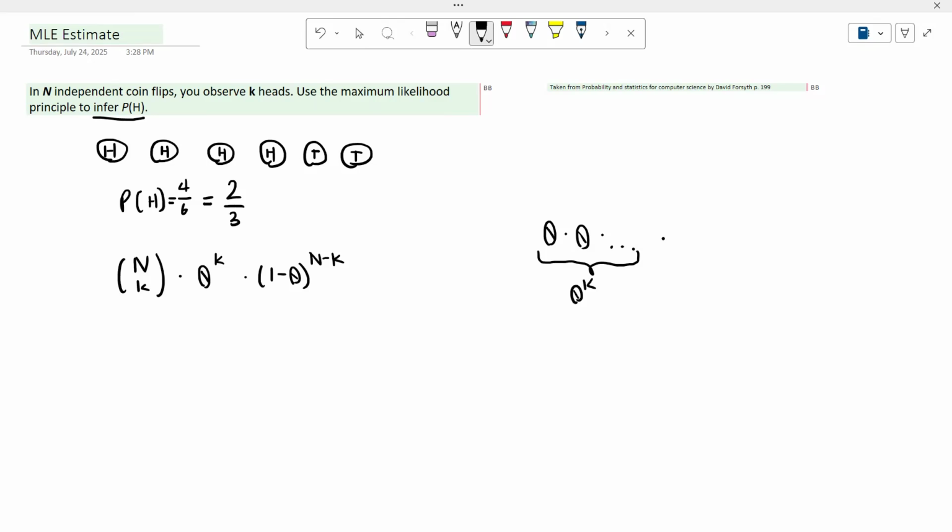For a similar argument for tails, for 1 tail it would be 1 minus theta. For another it would be 1 minus theta again, so 1 minus theta squared, and so on. So that would give us 1 minus theta to the n minus k,